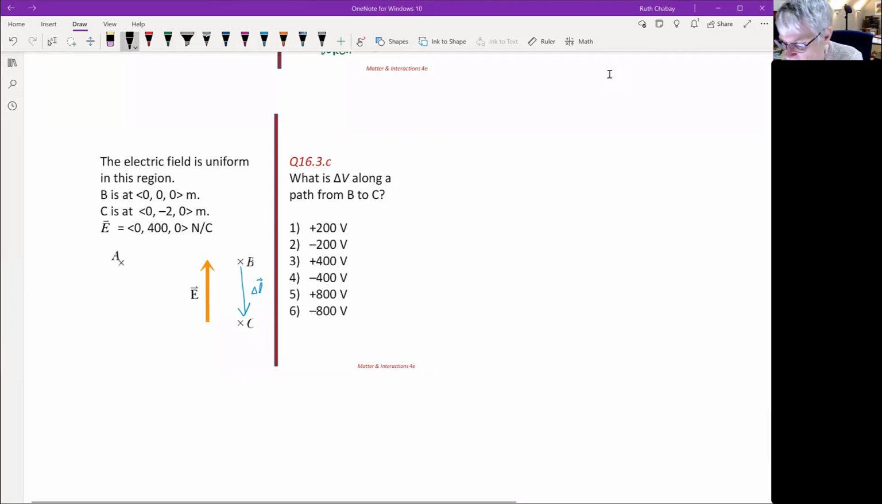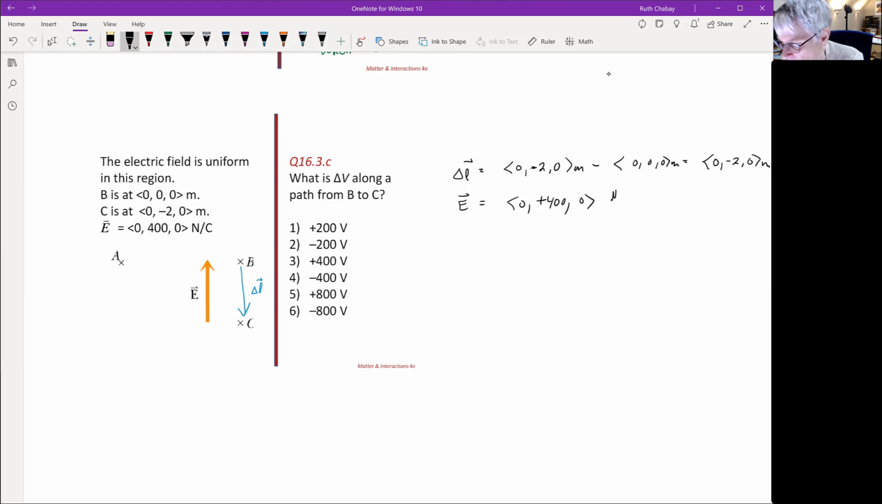So again, we have to be careful. So delta L is 0, negative 2, 0 meters minus 0, 0, 0 meters. So it's 0, negative 2, 0 meters. E is equal to 0, plus 400, 0 newtons per coulomb. And so